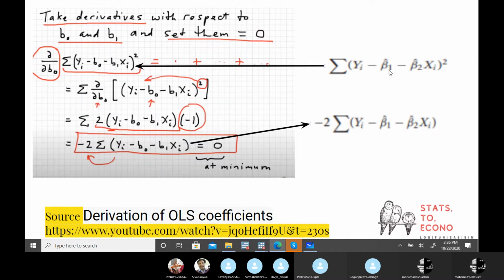The change is that in place of beta 1 hat, beta 2 hat, now we are going to work with the sample. It's not the population. Just keep in mind, it might be beta 0, beta 1. You can give any name. Just keep in mind that one is the slope coefficient and one is the intercept coefficient for the sample data. Only this thing is required.